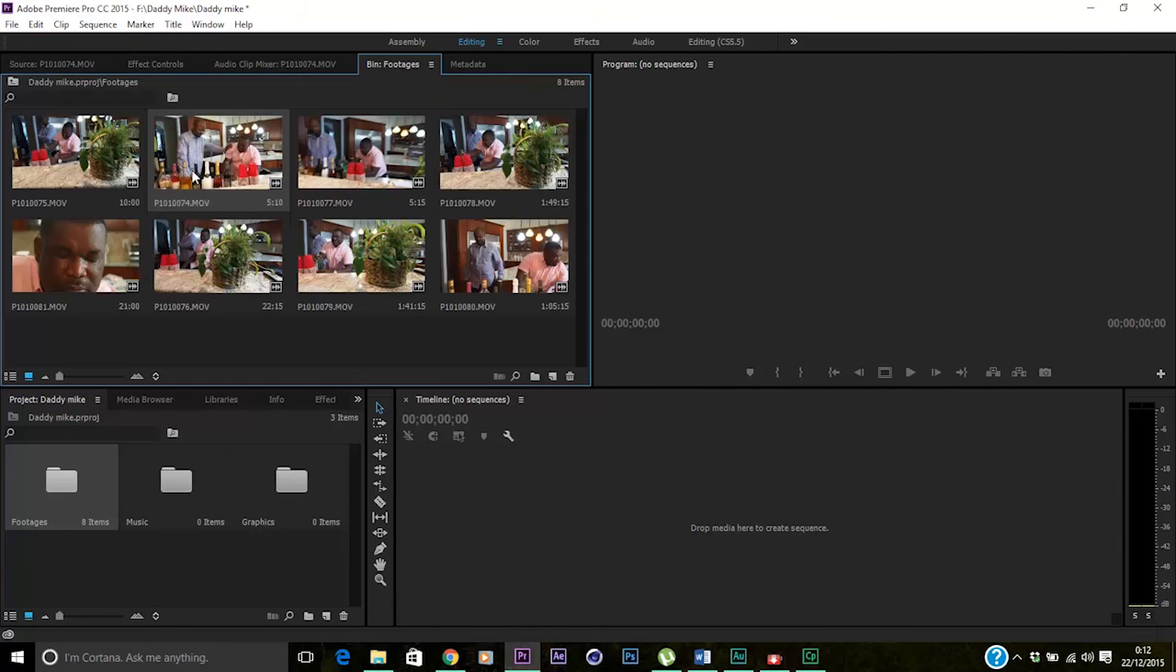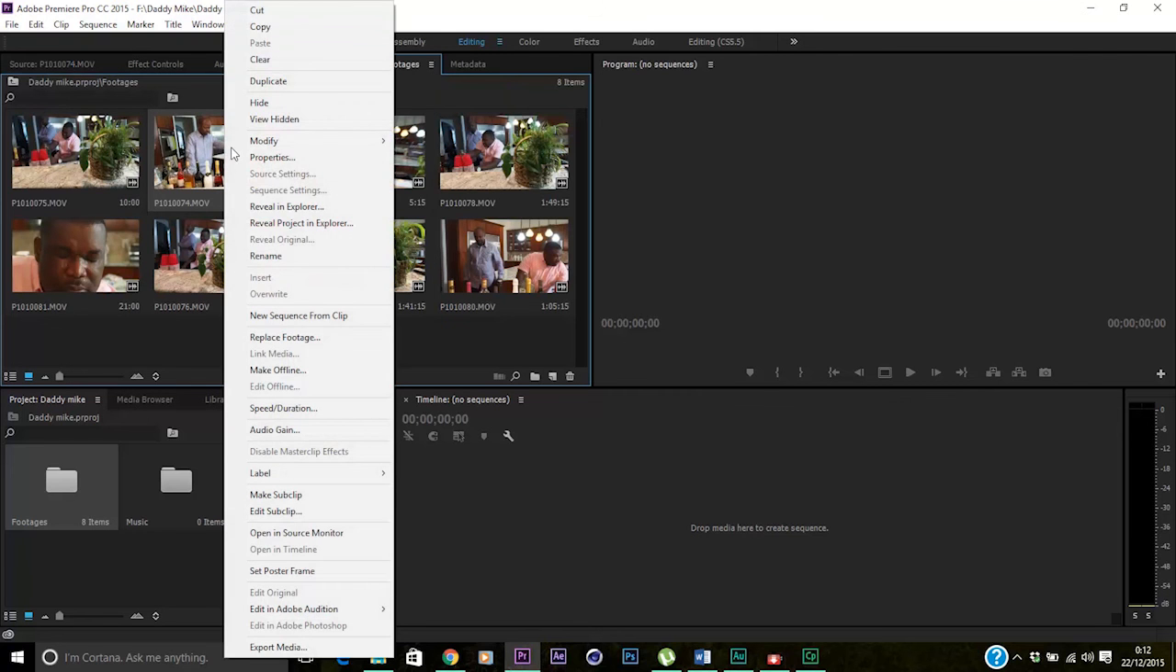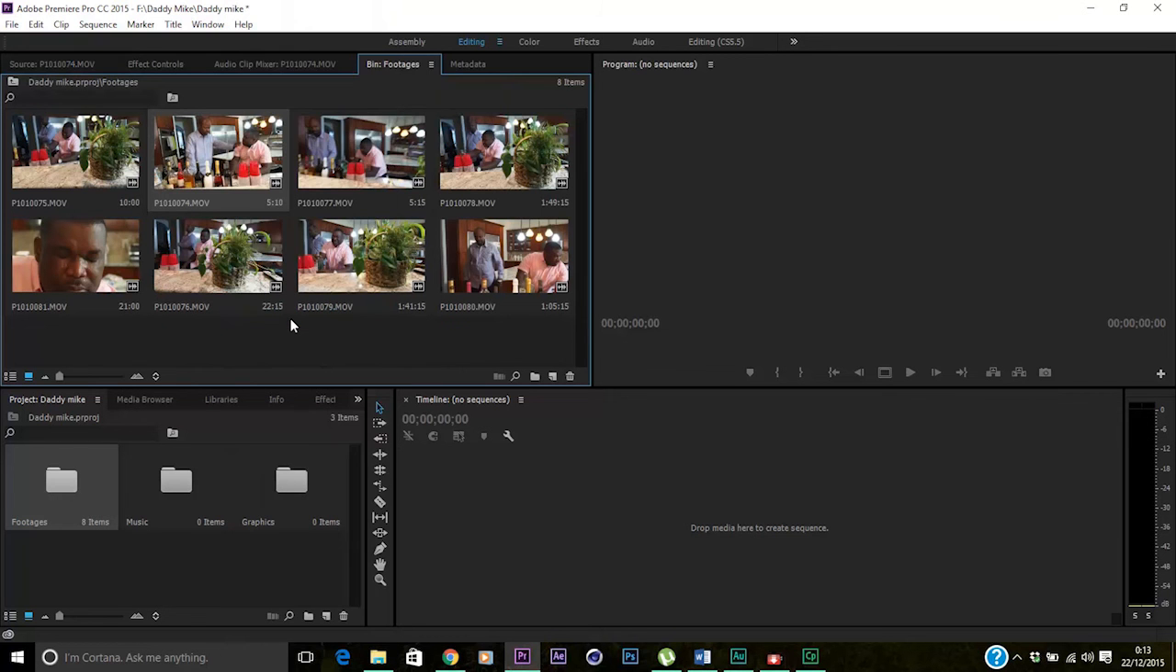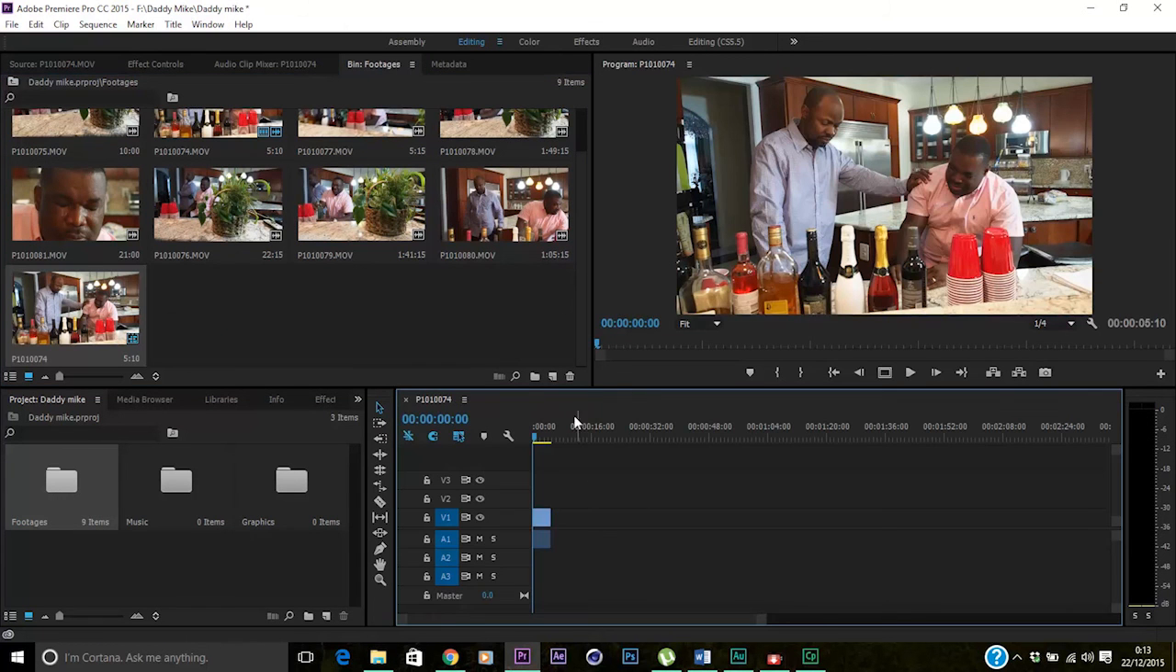Then I go back to this bin. Then I right click on the file. Then I scroll down here to new sequence from clip. That is, I want a new sequence to be created automatically for me by this software, instead of me making a mistake, creating a timeline that is not going to correspond with the files that I have. So now new sequence from clip